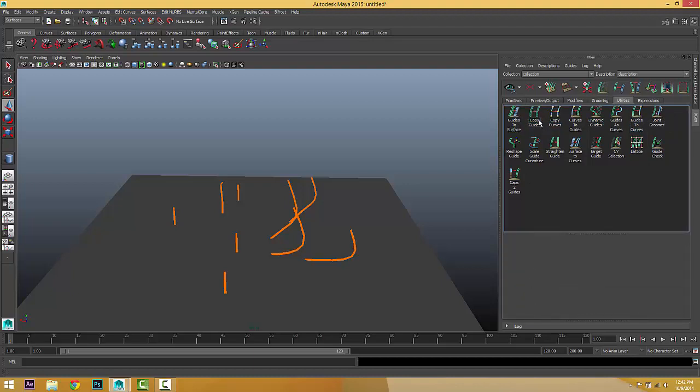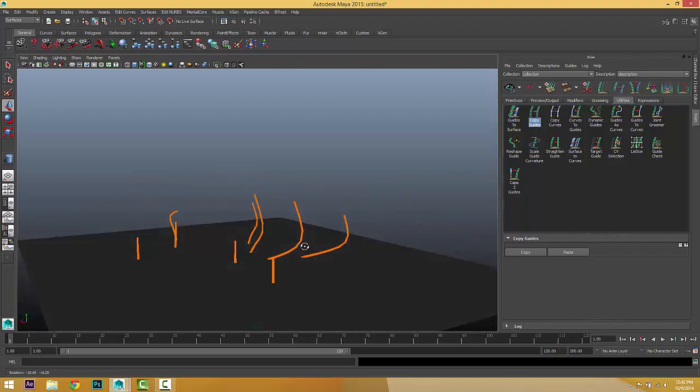Okay, for example, if you just want to convert these guides to surface or back to guides, you can do that. Just click on that. After you finish that, make sure it is on or off, whether it is hidden or shown, because I really want to keep this area clean and know what I am working on, or which utility to focus on. Okay, let's go to copy guides.